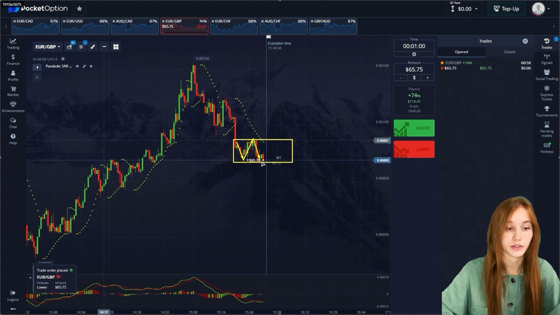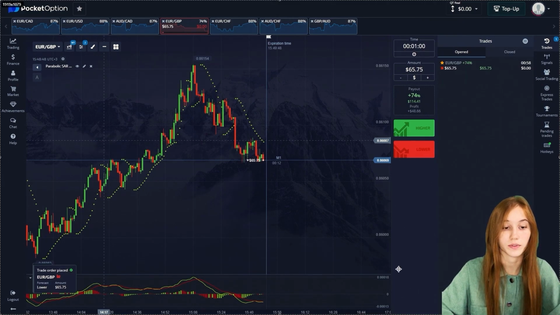And general trend is stable, and trend is now starting to slow. We have 3 candles with decreasing